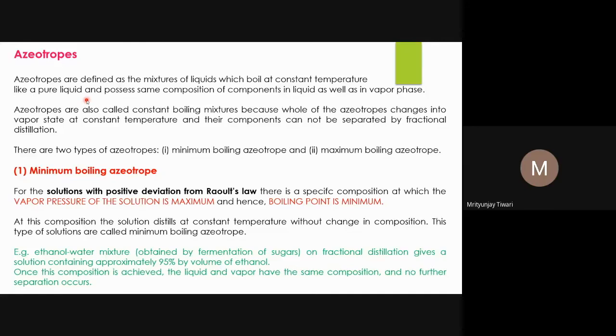This is how people separate different liquids in laboratories and other places as well. I do not know about the industry, but in laboratories they do it. In the research lab, the students do it, like PhD students or the postdocs, whoever works in that. So the thing is, azeotropes: when you heat, if you find a certain composition of these two liquids,